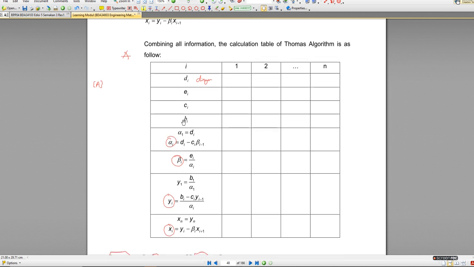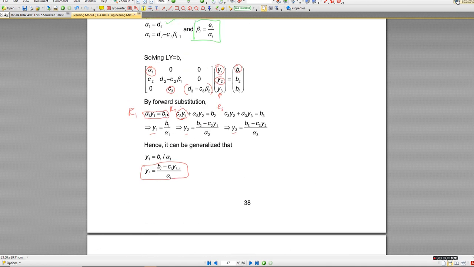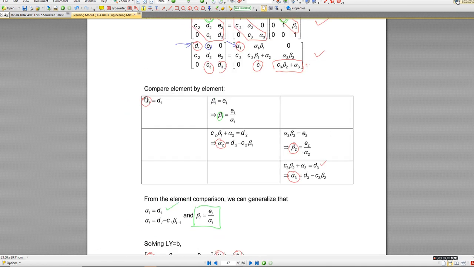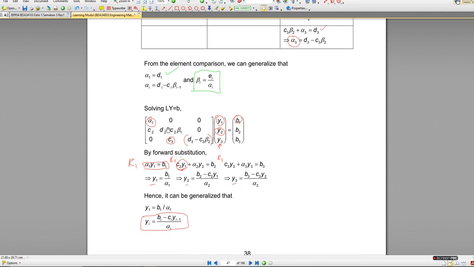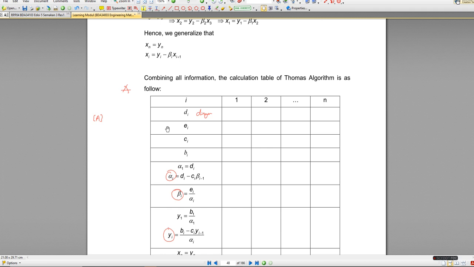Okay, D, E, C and B is the element. You just compare in the matrix A. Okay, D, E and C you can get from here. This one, D, this is matrix A. Okay, this is the diagonal. D is the diagonal of matrix A, while the E is the upper and C is the lower element. So let's say you got